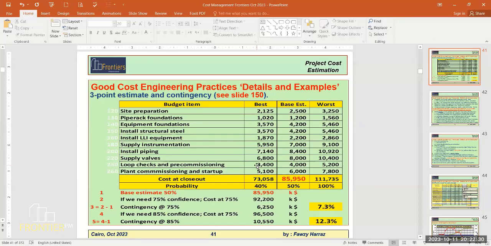If it is a big item, but you ask what can go wrong with this item, there is a workshop, a team of maybe 10 professionals. So it's a big cost, but there is no risk. If it is a stable market, for example, and the concrete is a big item, and the market is steady, forget these days that we are passing. Yes, it's a big item, yes, but